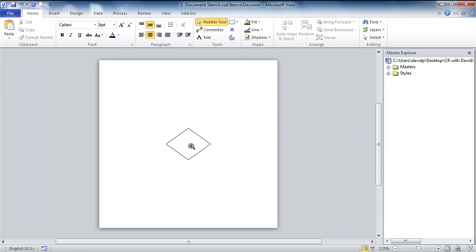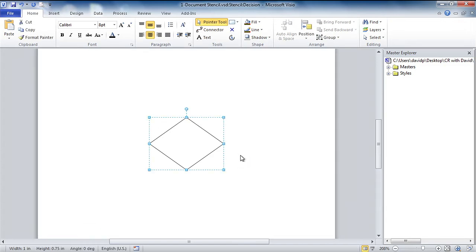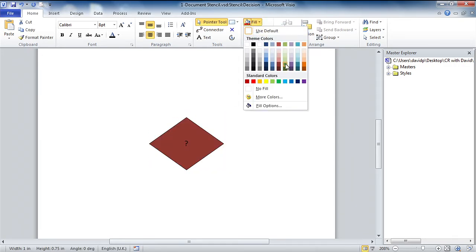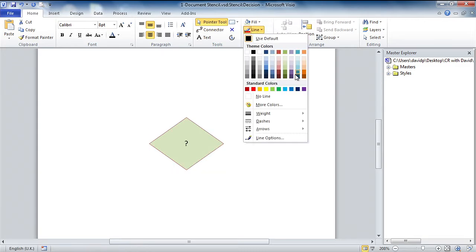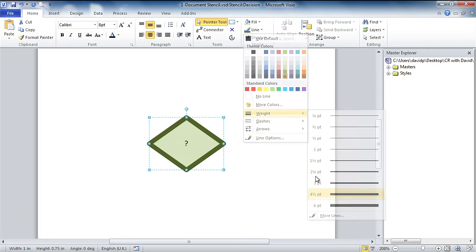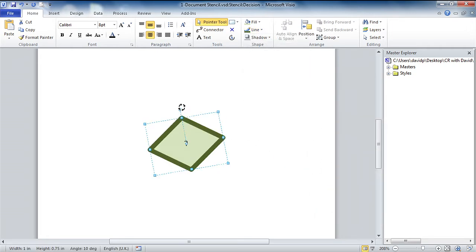So I've decided that I want all my decision shapes to have some default text. So I'll type that in. And I want them to be a tasteful shade of green. And I'll have a darker line that's a little bit thicker. And now I'm going to rotate it a little bit, just a little bit, because I want decision shapes with attitude. We've made all of our edits, so now we can just close this window,